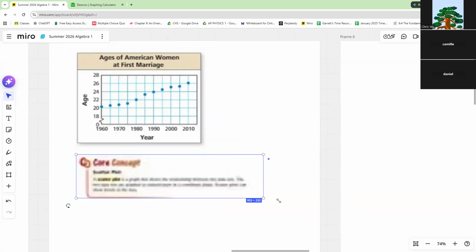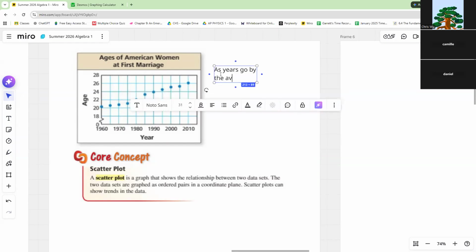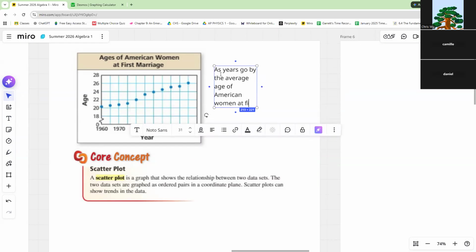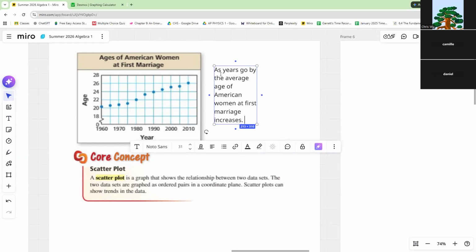Well, we can kind of interpret the relationship between them. So for this graph over here, we can safely conclude that as years go by, the average age of American women at first marriage increases, right? Something like that. Okay, and